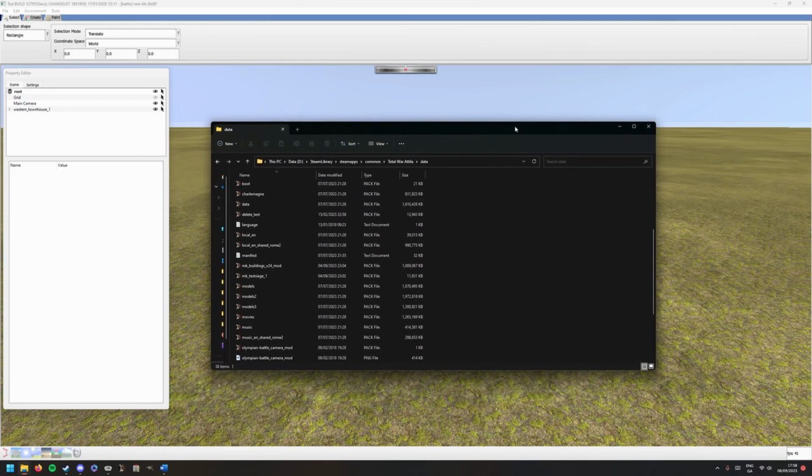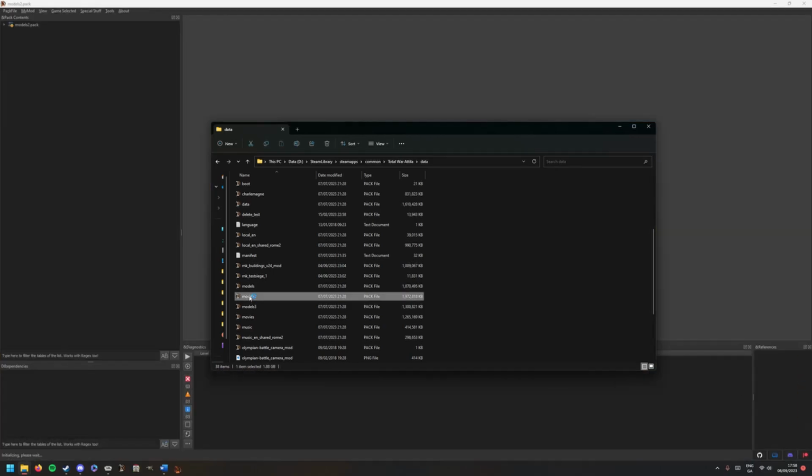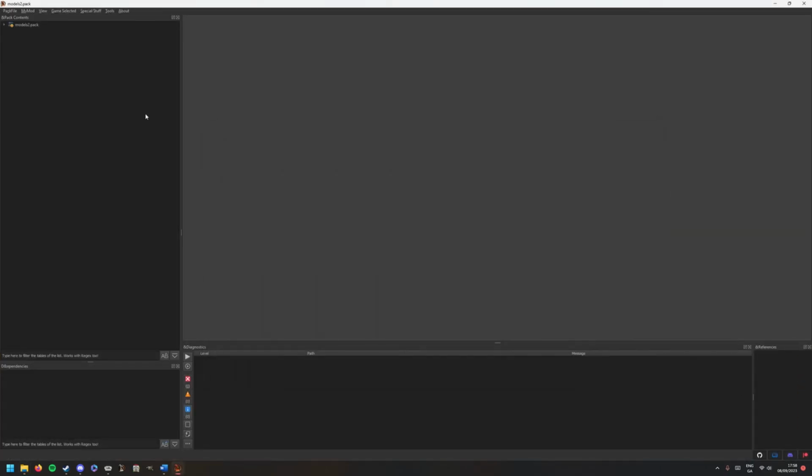I'm going to bring over my Windows Explorer here, and if you don't know where that's located, basically it'll be wherever you installed Steam. Usually that's your Program Files x86 by default, but it might be in a custom installed spot like mine here, so I have it on my D drive. Then you need to go into Steam Library, Steam Apps, Common, Total War Attila, and Data. And if you scroll down there, you will find Models 2, and this is where all the vanilla Attila models are stored. So if I double click and open it up, it'll open with RPFM,